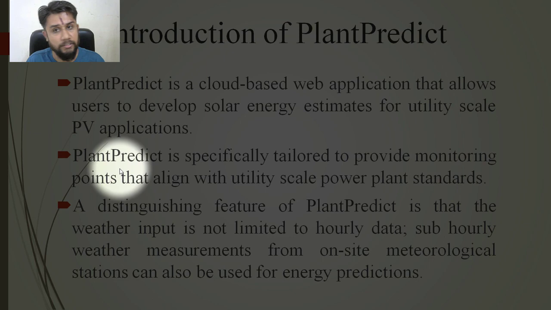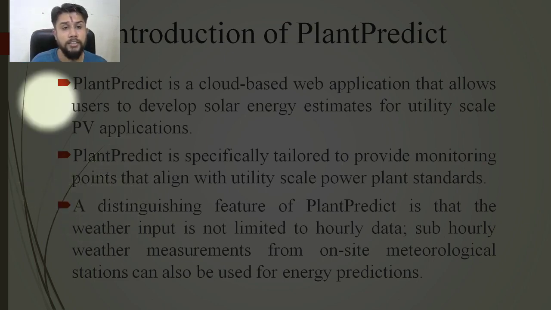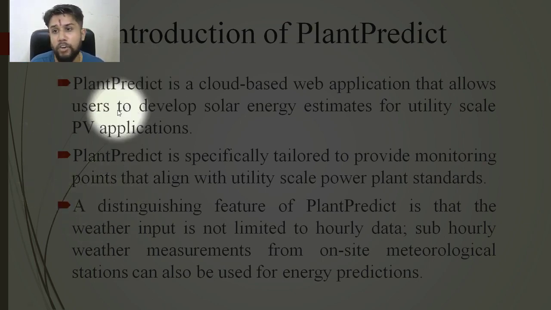It is a cloud-based web application that allows users to develop solar energy estimates for utility-scale PV applications. It is specially tailored to provide monitoring points that align with utility-scale power plant standards. The distinguished feature of PlantPredict is that the weather input is not limited to hourly data. Sub-hourly data, weather measurement from on-site